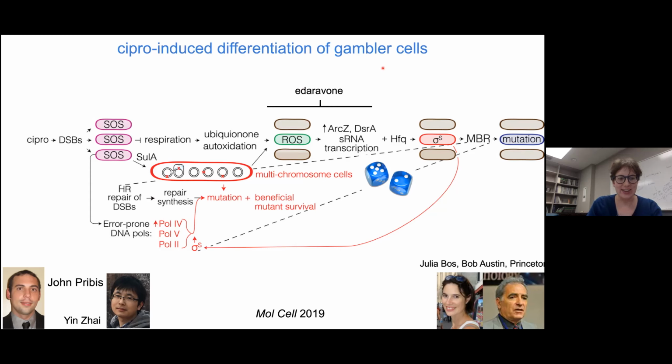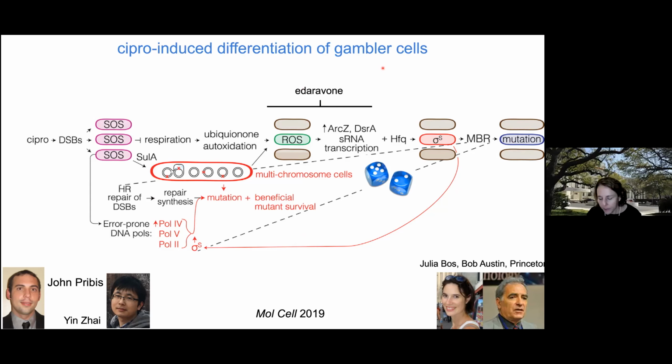Please. Could you tell us a little bit more about, do you know very much about the mechanism of edaravone? Yeah, so edaravone is really an antioxidant. It's used almost not at all in the US. In Europe, it's used for patients who have just had a stroke or been in an accident so that they can preserve tissue while they're trying to rehabilitate the patient. And then in Japan, it's used as an anti-ALS drug. So ALS, Lou Gehrig's disease, a neurodegenerative disease.